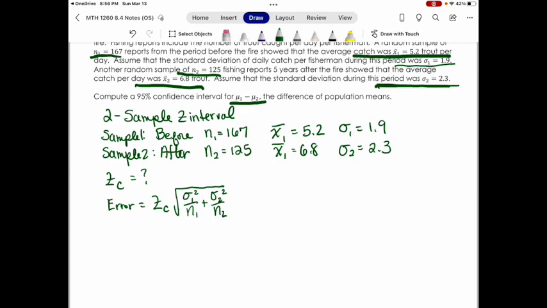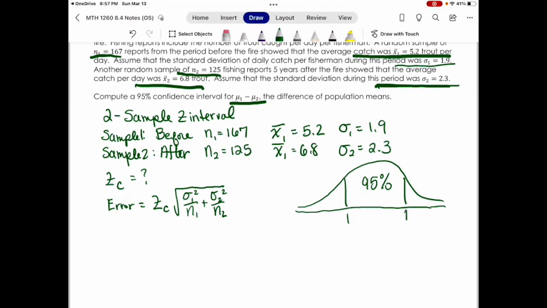We got to find Z critical, and because we're looking for a 95% confidence interval, I want to find what my Z critical is